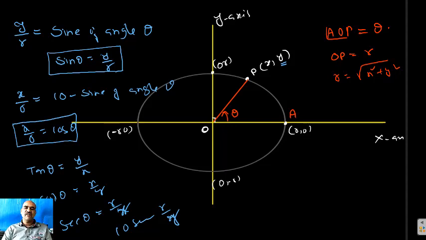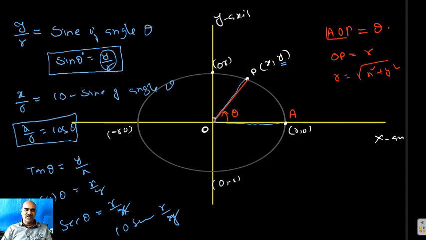So the value of y by r depends upon the value of theta only. For this angle, this is the initial arm and this is the terminal arm. The initial arm is taken as fixed and the terminal arm will vary. So if theta varies, the y by r value will vary and sin theta will vary. All the concepts are discussed in part 1. Important, students: here y by r means sin theta.